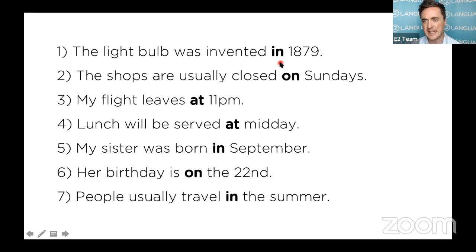The light bulb was invented in 1879, on Sunday, at 11 p.m. You can see a precise one: at midday, precisely, in summer, on the 22nd. Now, you might think, okay, this is quite basic, but if you want to go from an IELTS 6 to an IELTS 7, or from a PTE 60 to 79, you need to think about precision, because it's one thing to get your nouns and